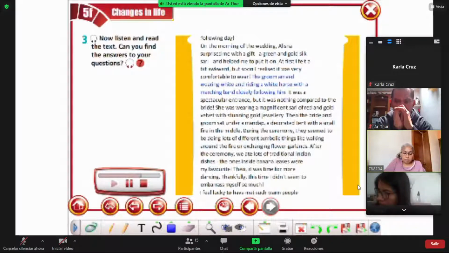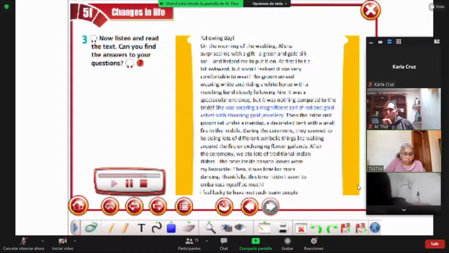The groom arrived wearing white and riding a white horse with a marching band closely following him. It was a spectacular entrance, but it was nothing compared to the bride. She was wearing a magnificent sari of red and gold velvet with stunning gold jewelry. Then the bride and groom sat under a mandap, a decorated tent with a small fire in the middle. During the ceremony, they seemed to be doing lots of different symbolic things, like walking around the fire or exchanging